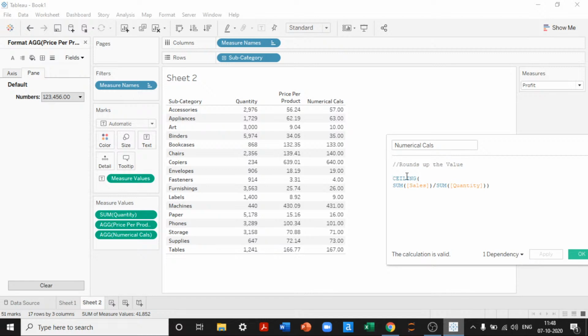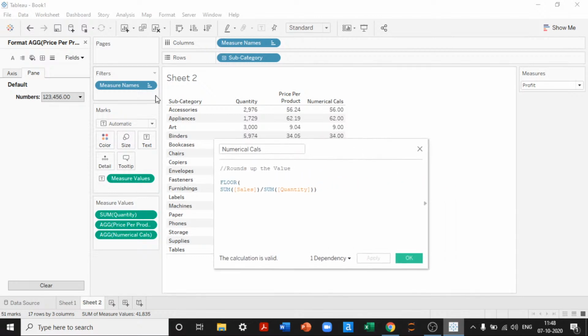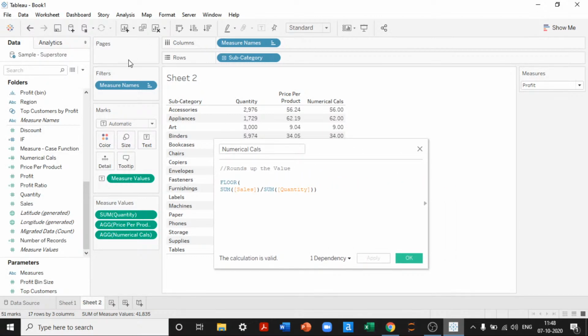But a floor function simply rounds down the number irrespective of your decimal places. It will always round down the number. Let me apply this. See here, 70.88 is converted into 70. It did not check what the decimal place is. It simply rounds down to the smallest integer. So this is the difference between ceiling and floor function. Both of them are